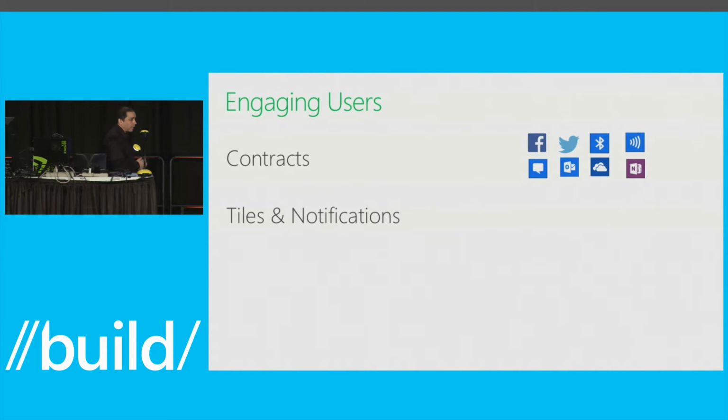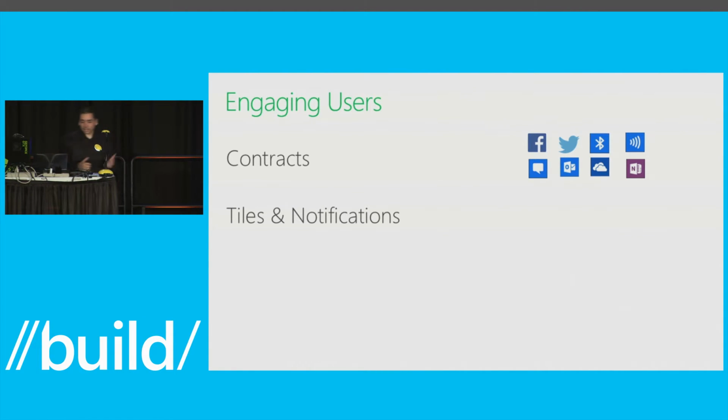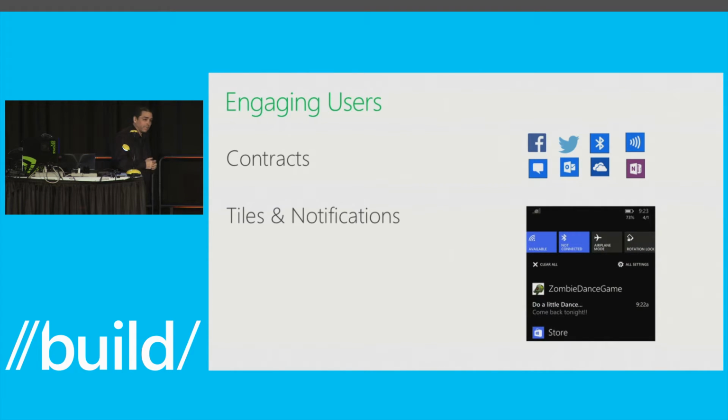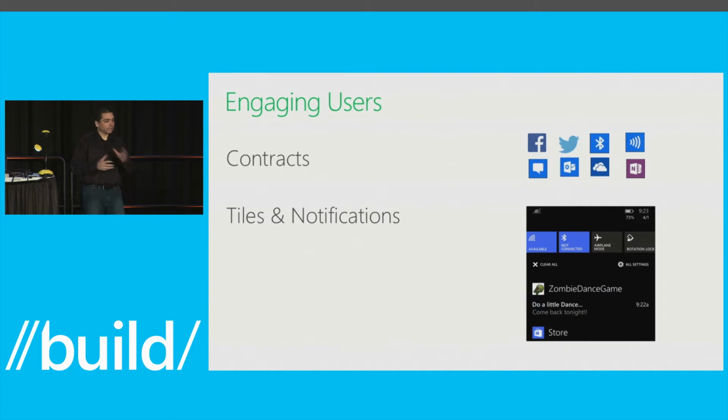Another thing we've added that I'm really excited about as a gamer is tiles and notification improvements. We have a notification center on Windows Phone 8.1. A very common scenario for me in my games: I used to write a background agent that would detect that this user hasn't run the game in 3 days. So let's notify them, or change our live tile to say, hey, come back, there's a level waiting, or here's some special token we're going to give you if you come back right now.